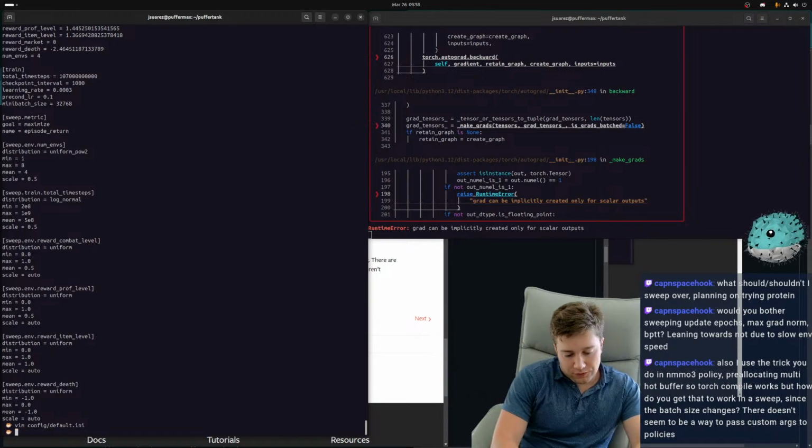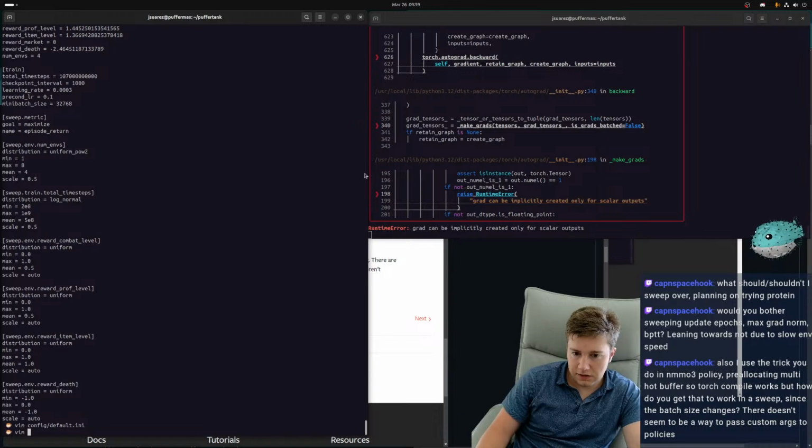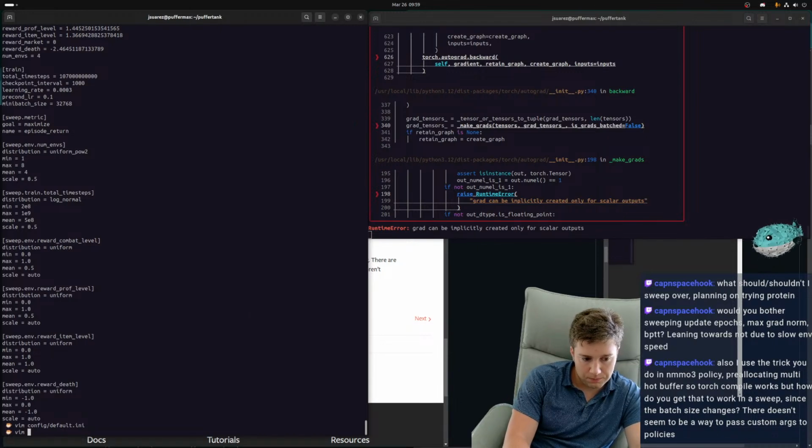I think what we're going to do for the gradient stuff here is... can't I just... I can actually do this. I'm dumb. Hold on.